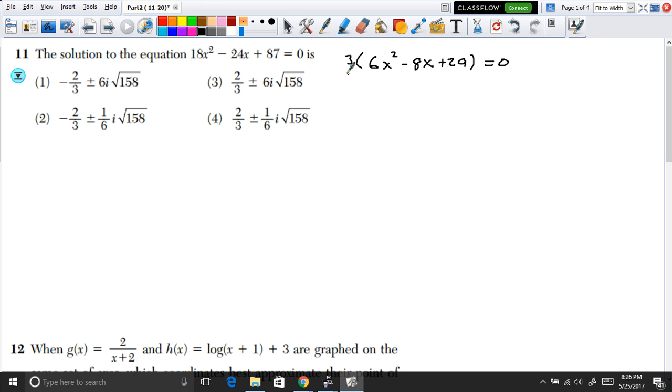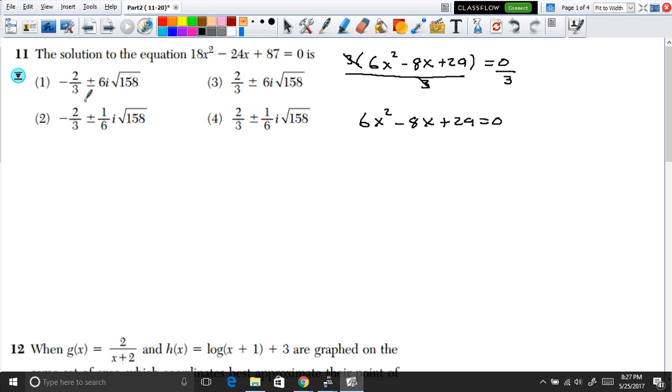Why did we factor it out? Because now if we divide it by 3, this cancels out. And now we have 6x squared minus 8x plus 29 equal to 0. So at least we reduce the numbers. I'm sorry, this is not 29, but this is 29. Yes, so it is 29. Okay, good, perfect. So now that we know that we can rewrite it in this way,